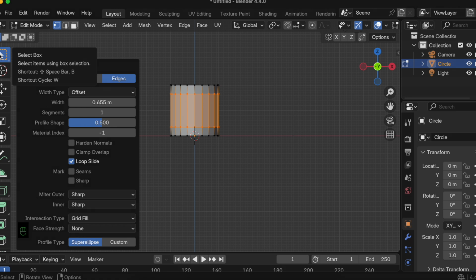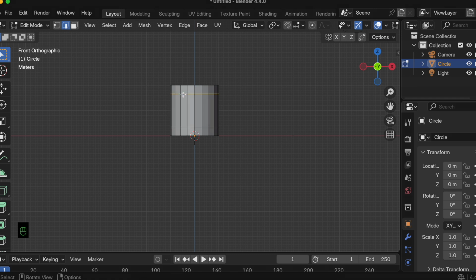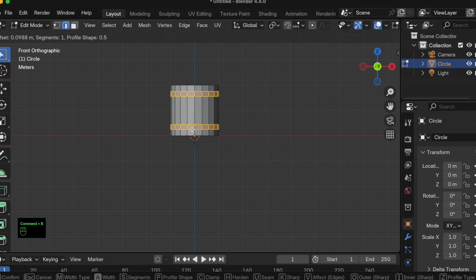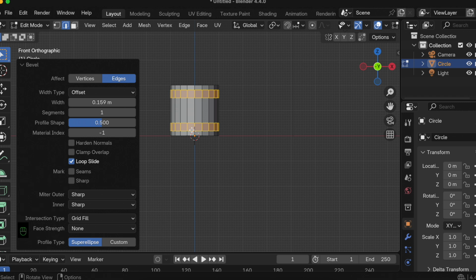Then we need to select the two edges. So first, I'll go to edge select, select this particular edge, then I'll select this particular edge, then I'll just do command B again to bevel those. So yeah, here I have done it. Then go to face select,